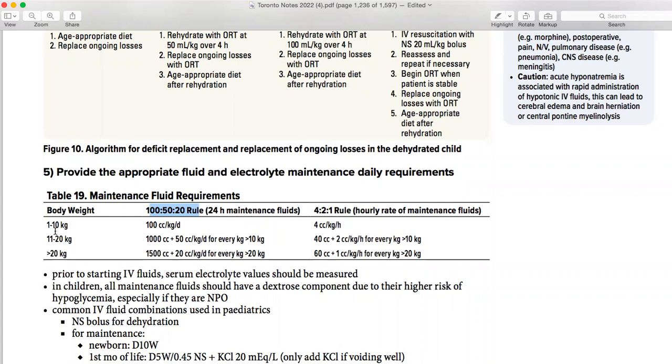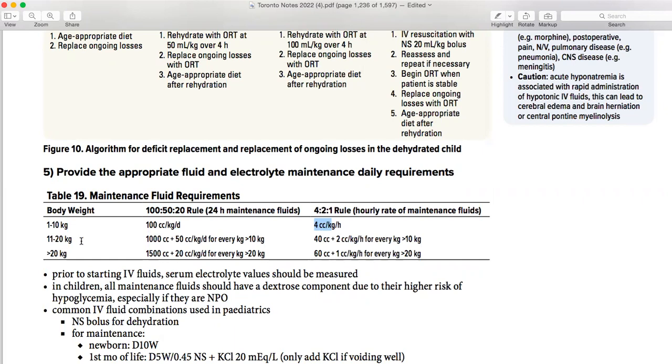So for 1 to 10 kg, either you remember this one or this one, you are going to give 100, and this is for 4. For the next 11 to 20, how do you put 50? Because the first 10 will be applied along with this 50. That's why it becomes this 1000. This 1000 comes from this 100 multiplied by 10. And this 40 comes from 4 multiplied by 10, because this 10 you cannot exclude just because it's 11 to 20. This 10 is also the weight of that particular person, but now you have to add 11 to 20 as well.